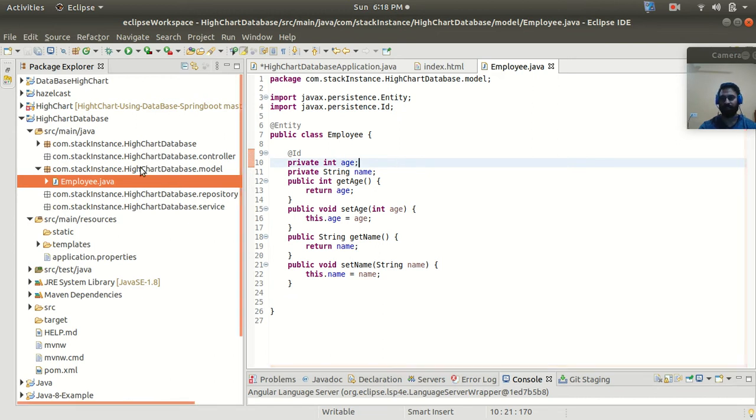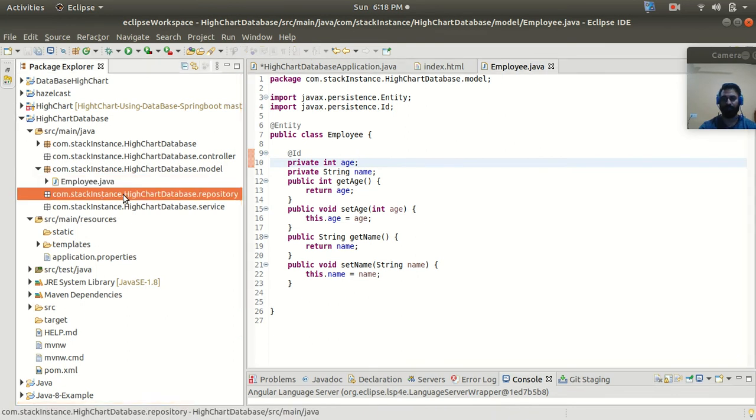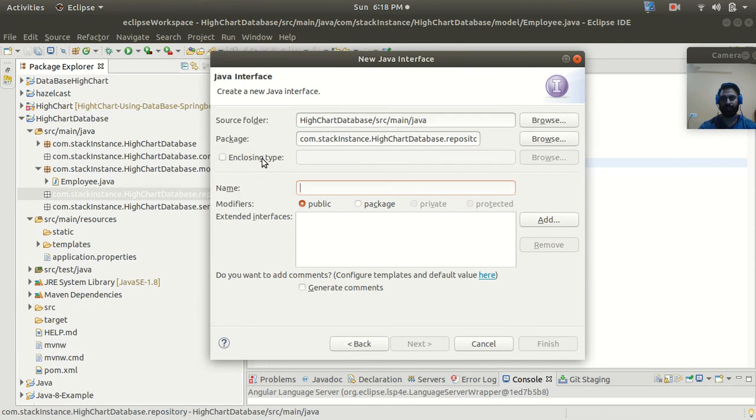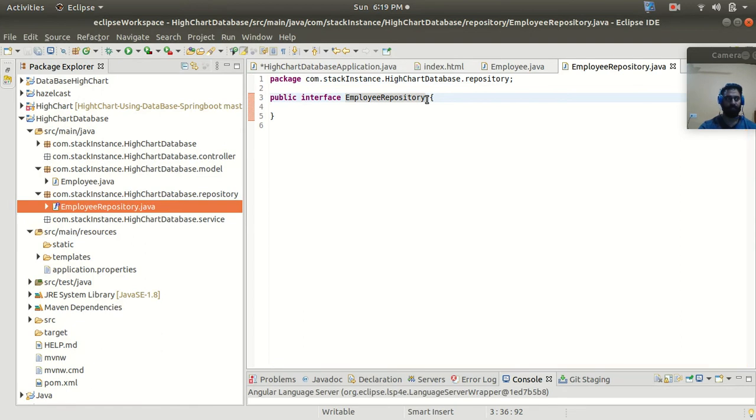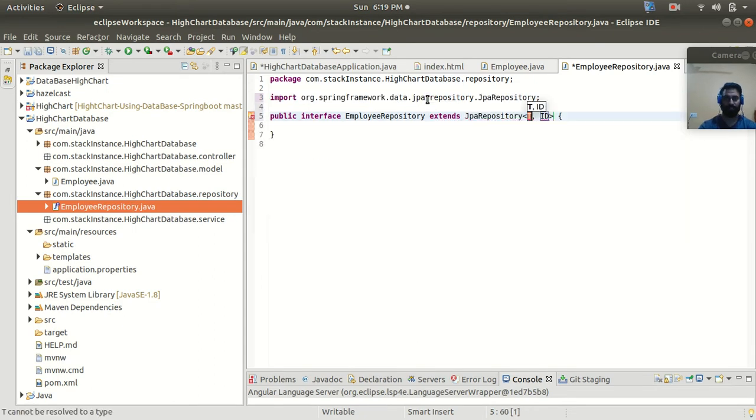So go to the repository package, and here let's create one interface with the name EmployeeRepository. All right. So let's extend this repository with the JpaRepository, and here I'm going to provide my model name as the Employee class, right? And the ID will be the primary key. So the primary key is ID, so it is of integer type, right?